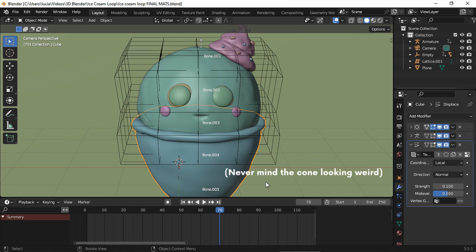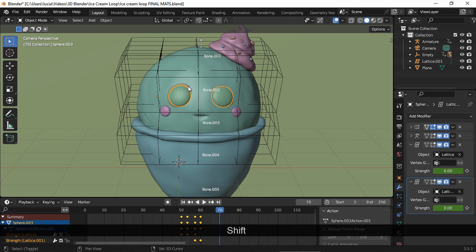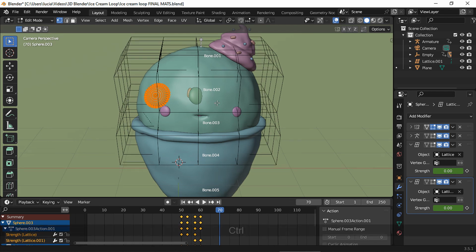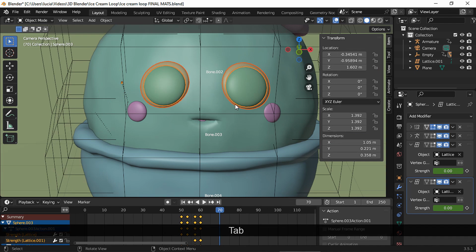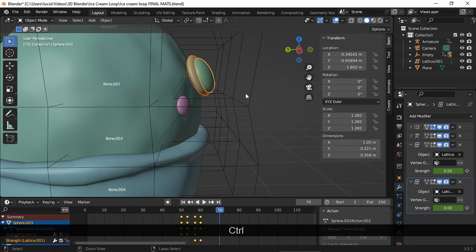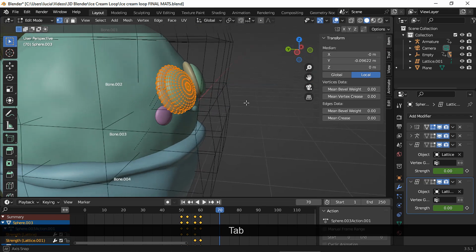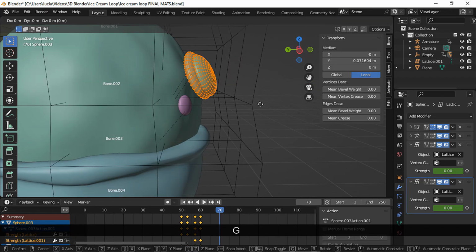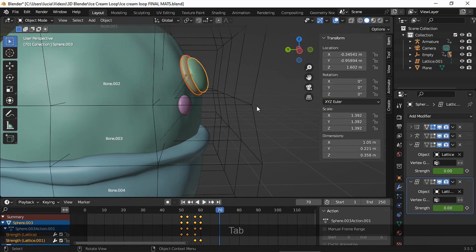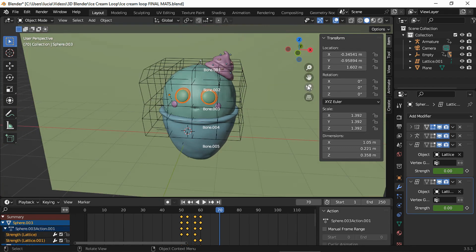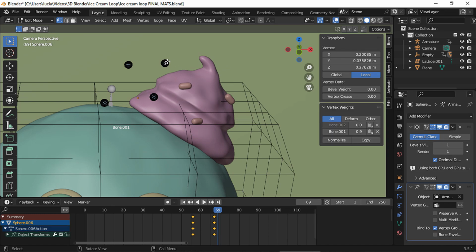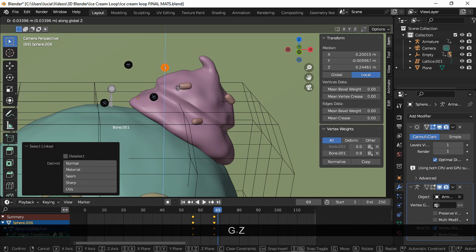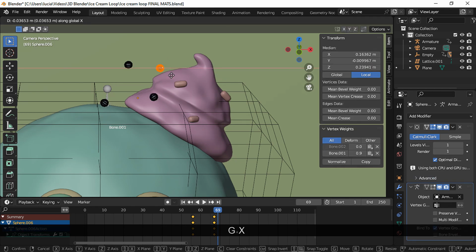Okay, after that, I started moving some meshes around in edit mode, since they had been covered a bit because of the displace modifier. I moved the eyes towards the front a bit, I checked them out in object mode, and I went back to edit mode to move them a bit more. Then I moved this sphere since it was floating a bit. Then I went back and forward between object and edit mode until I was happy with the placement.